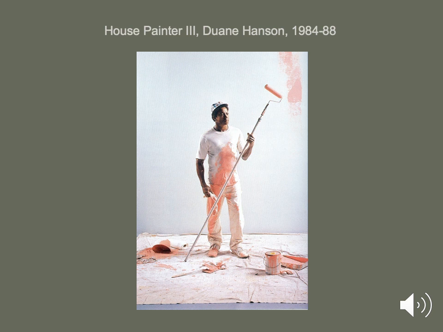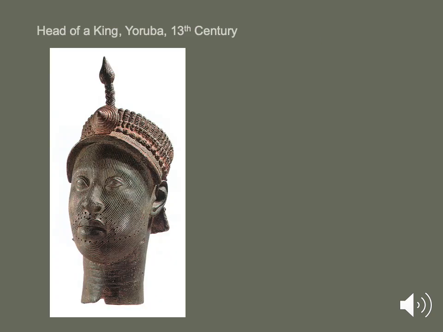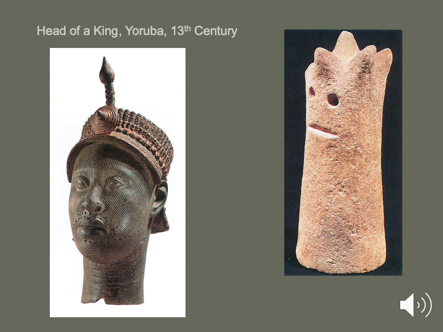Artists will use abstraction and representation to further their content. And sometimes we will see these styles, these appearances, used in connection with each other. A great example of that is by looking at the Yoruba culture from Africa. This is Head of a King from the 13th century. This was found at a burial site, and we would describe this as being a representational piece. It's representational because everything is proportional. The features of the person look very individual and accurate, and it looks very much like the person would look in the real world. This was found buried alongside objects like this.